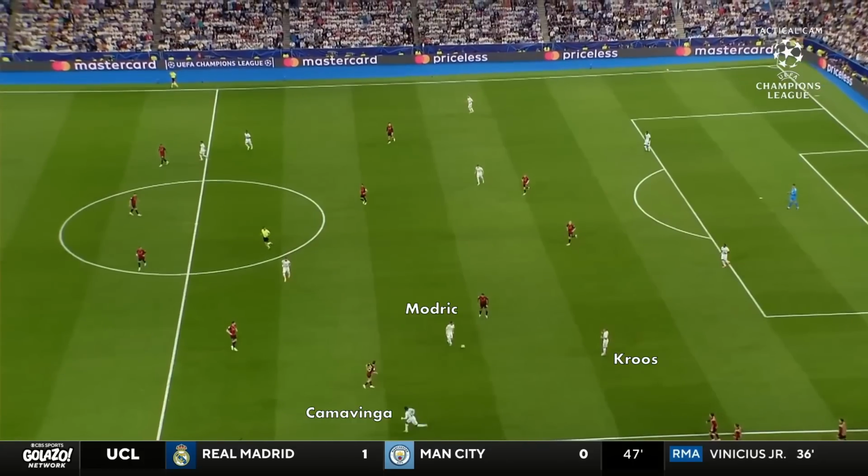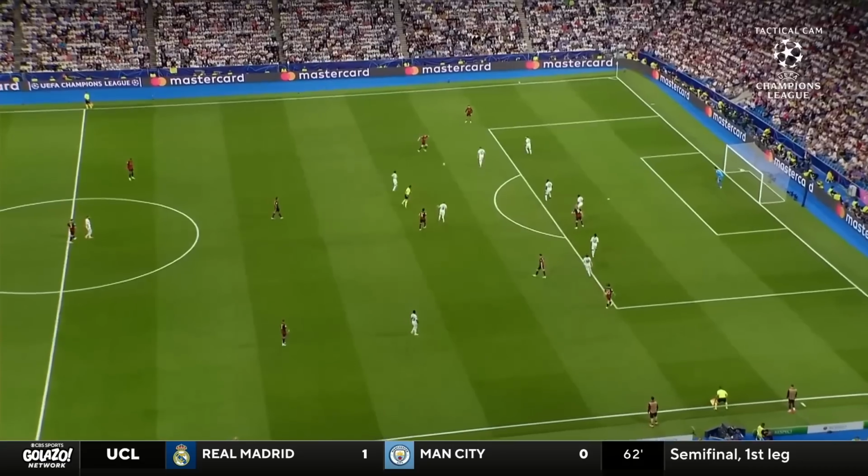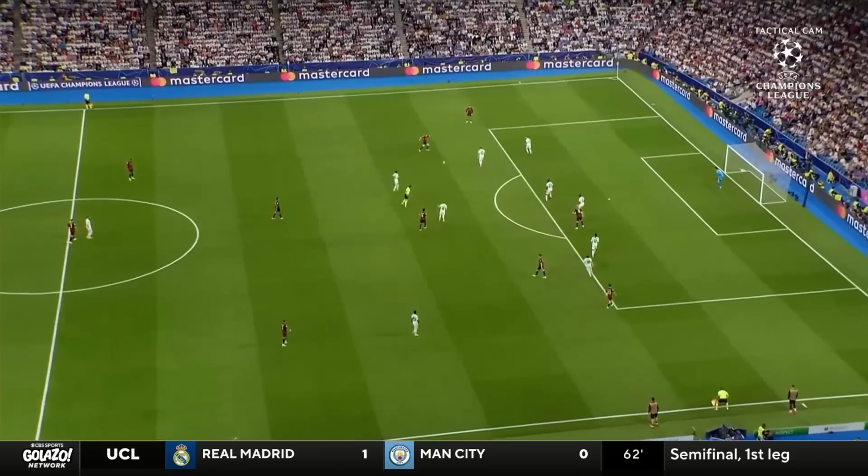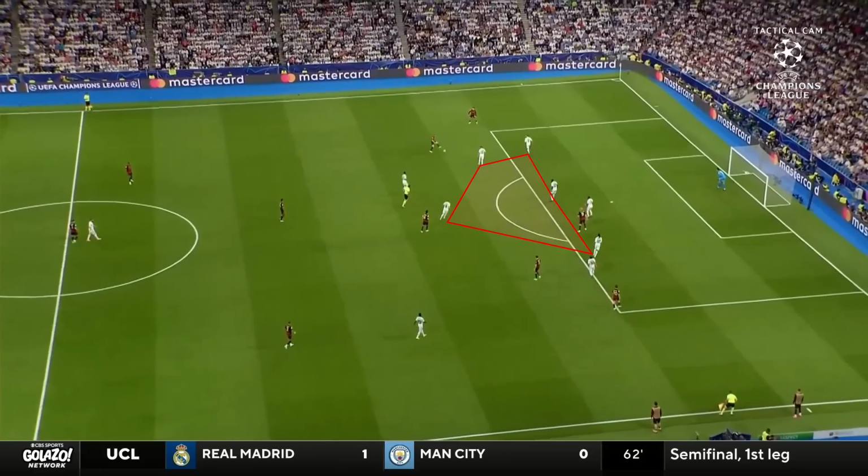But you never want to count out Manchester City, and that's where Manchester City came back, was able to get their goal, and go through to the second match with a 1-1 draw. So the biggest things that worked for Manchester City in the second half were using Kevin De Bruyne and Gundogan in those half spaces, and manipulating the defensive line and the midfield line in order to find those little spaces in the middle of the field